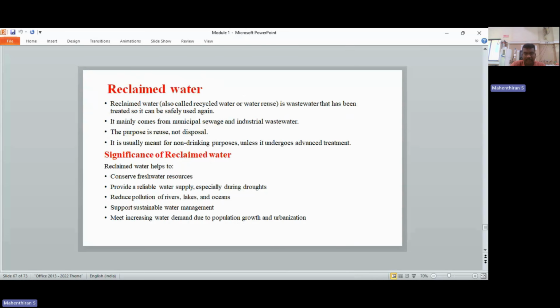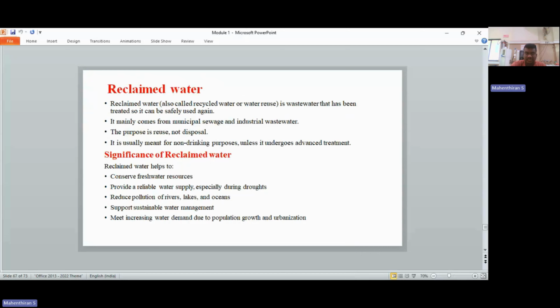Now look at the key point. Reclaimed water is usually not meant for drinking purposes unless it undergoes an advanced treatment process. Instead, it is commonly used for irrigation, industrial cooling, landscaping, and groundwater recharge also. This makes it a very practical and